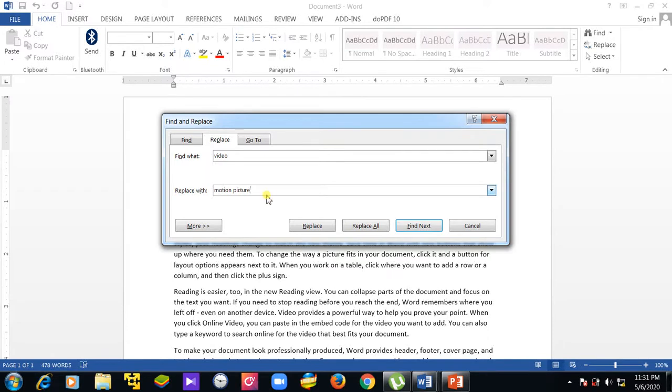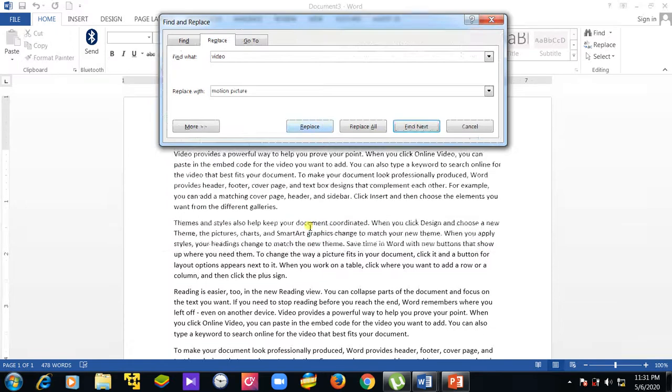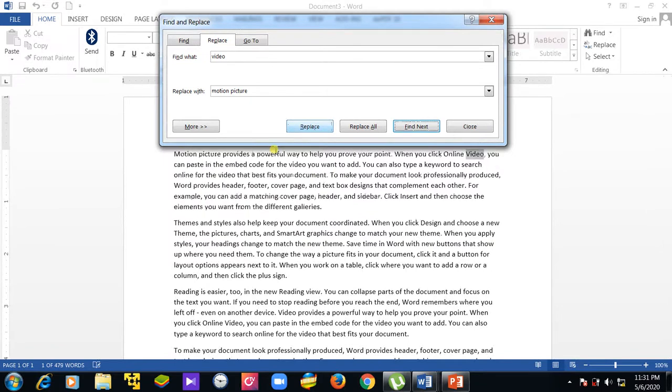Okay, so let's start. Find the first one, so replace. What will happen is it will first of all find the word, and then after finding the word, it will delete that word and put a new word or phrase there. So replace. You see that it has identified the first video here. So instead of video you see motion picture here. Let's replace, so it finds the next one and then